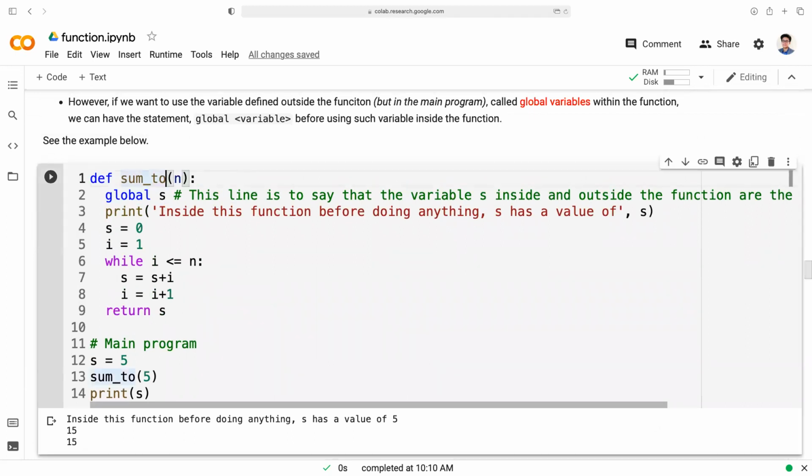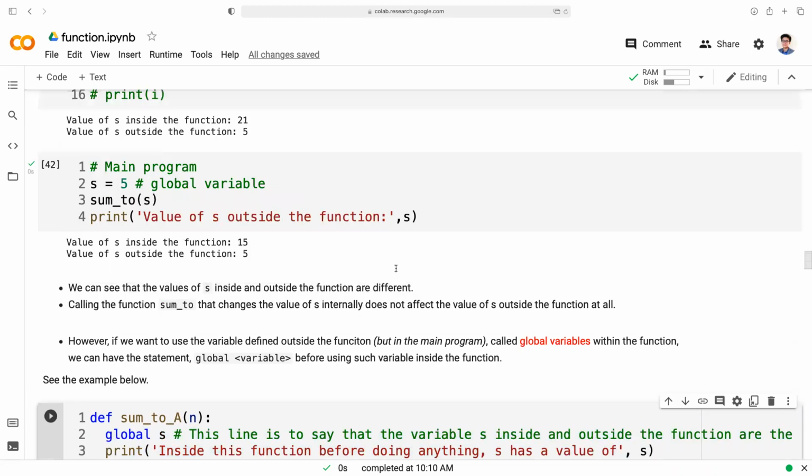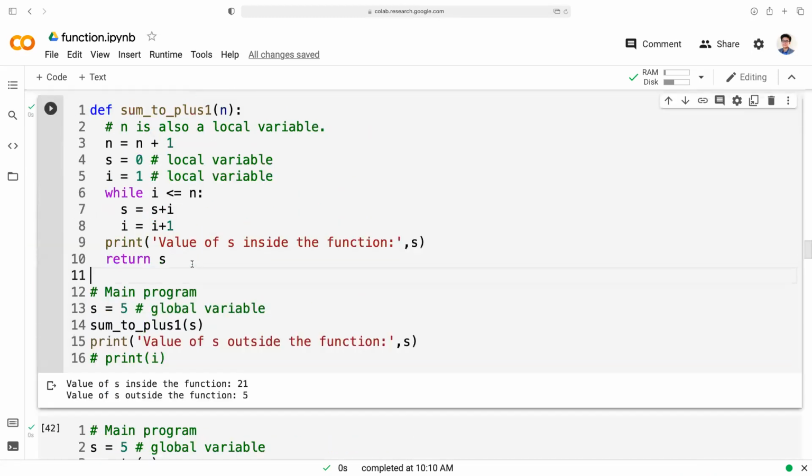Maybe I change the name sum to A, because I changed the statement inside. So now Takiat is asking, returning as S is not carried together. Yeah, so this means that